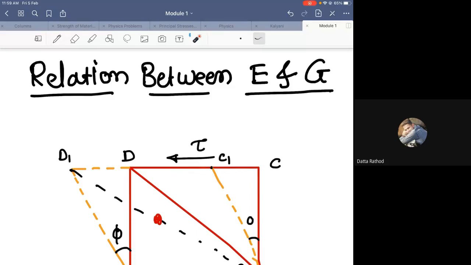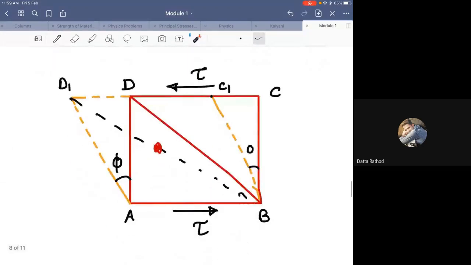Hello everyone. In today's session, we are going to discuss the relation between Young's modulus E and the modulus of rigidity or shear modulus G. For that purpose, let us observe this diagram. In this diagram, ABCD is a block